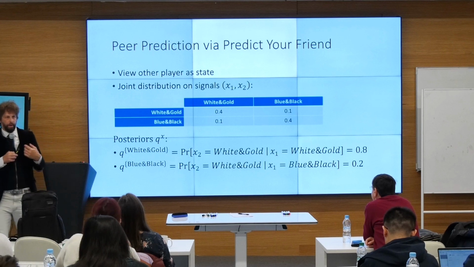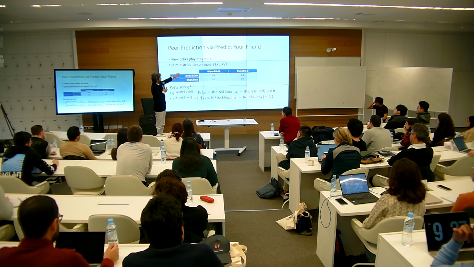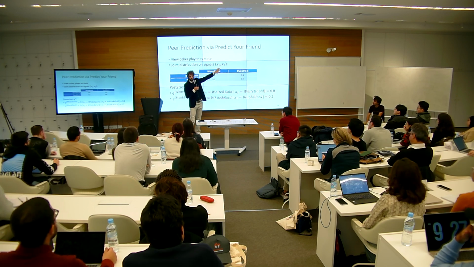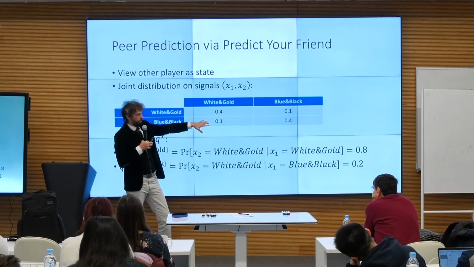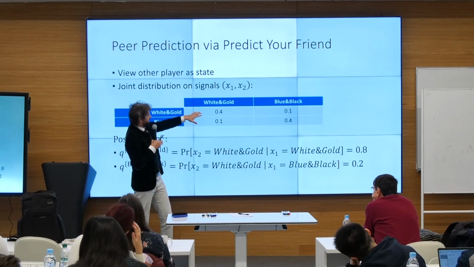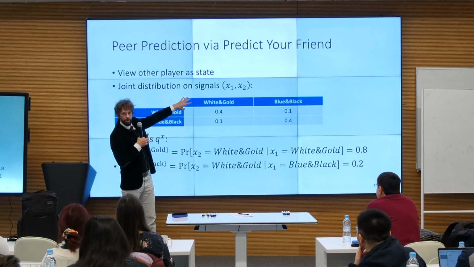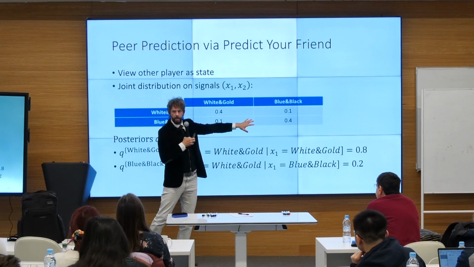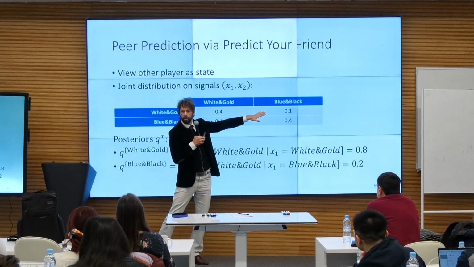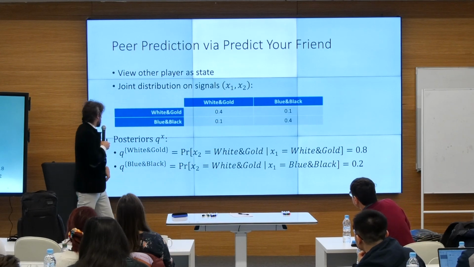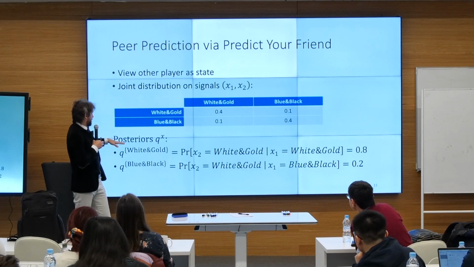So let's try to put it back into our decision theory framework that we had from yesterday. Maybe there's a joint distribution over what you see, and maybe it looks like this, and maybe everyone knows this. Again, here are these probabilities. They sum to 1. And so 0.4 is the probability you both see white and gold. 0.4 is the probability you both see blue and black. 0.1 is the probability one of you sees white and gold and your friend sees blue and black, etc. And so if you see white and gold, you can Bayesian update and get a posterior belief